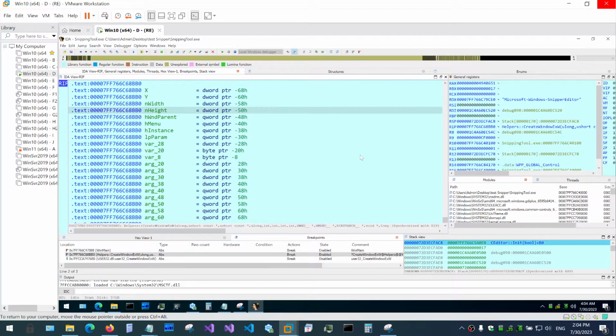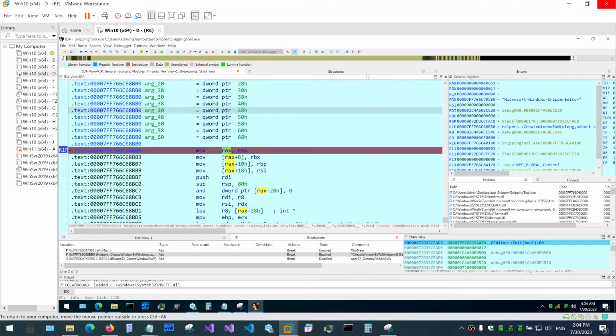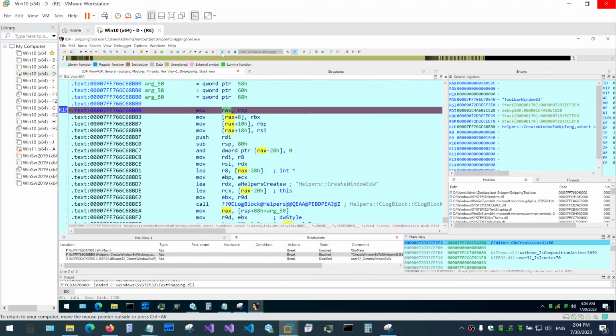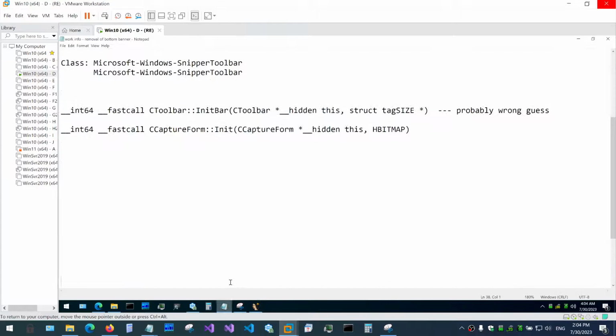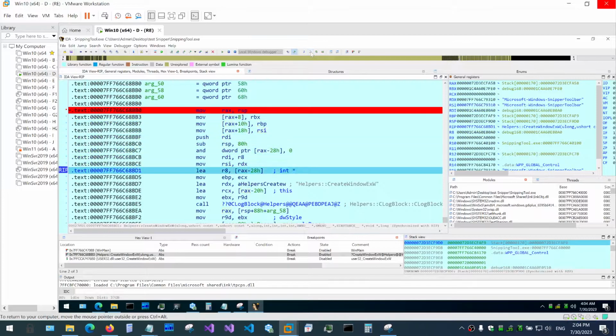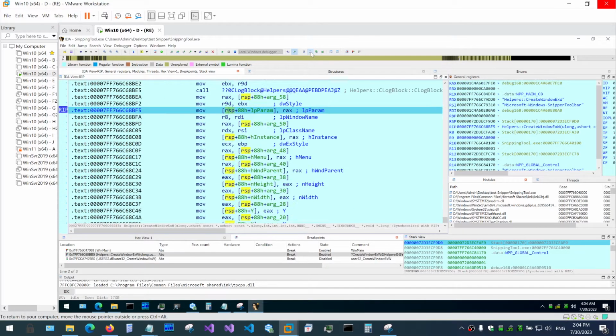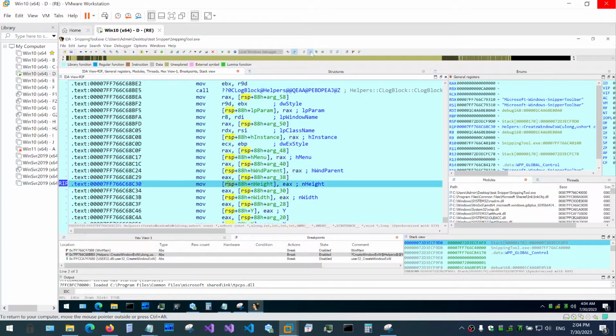And okay, so it got hit on Snipper Editor, toolbar 32, capture form, Microsoft Snipper toolbar, and this is what we need. Yes, Microsoft Windows Snipper toolbar. Well, let's step out of it manually. Just need to make sure that it's not called again, and it shouldn't, because again, this is the wrapper for